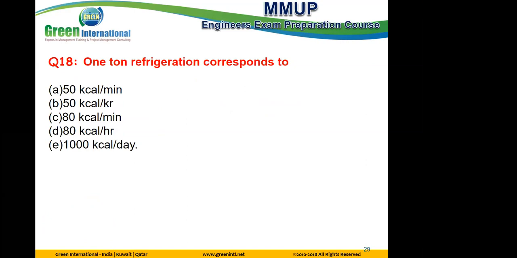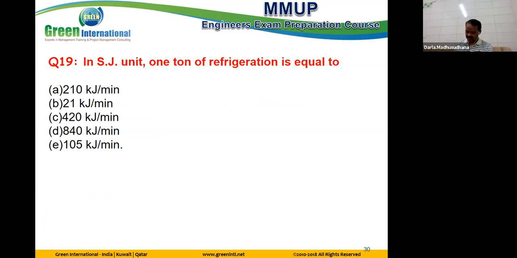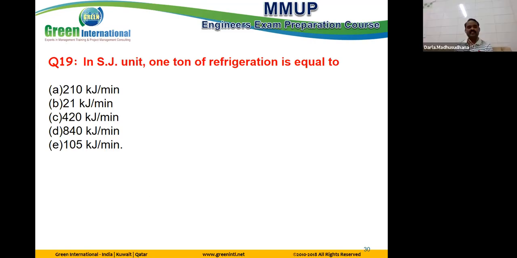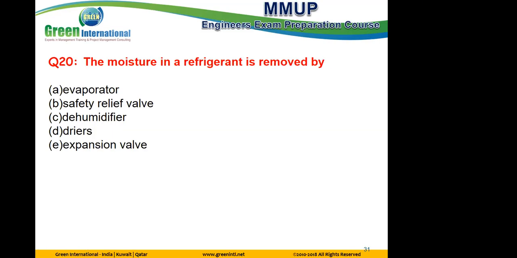One ton of refrigeration corresponds to? Yeah, 50 kilocalorie per minute. Yes, correct. In SI unit? 210 kilojoule per minute. Yes, correct. Moisture in refrigerant is removed by